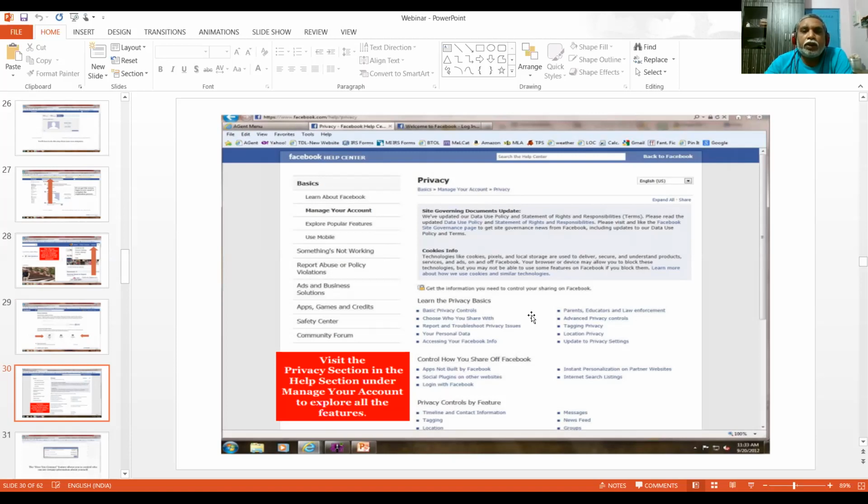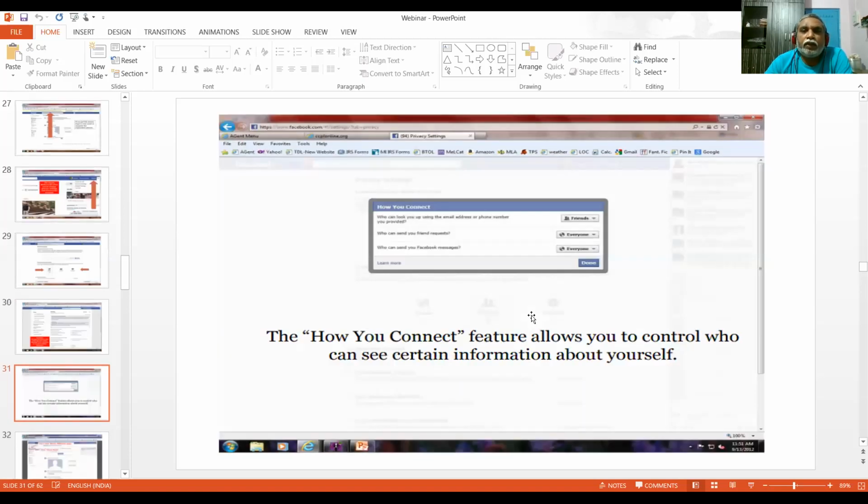Otherwise, you can separate your account, and you secure your account using those settings. After that, how to connect, a feature allowed to control who can see the information you create.